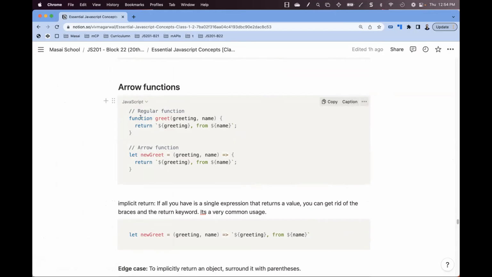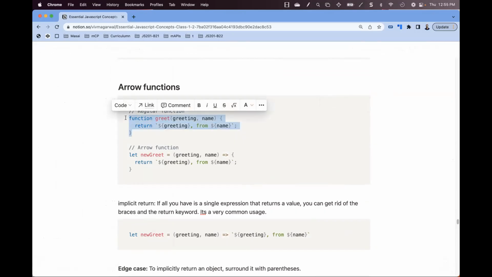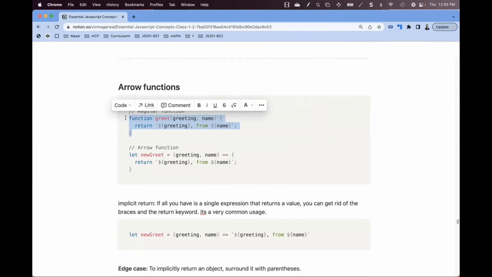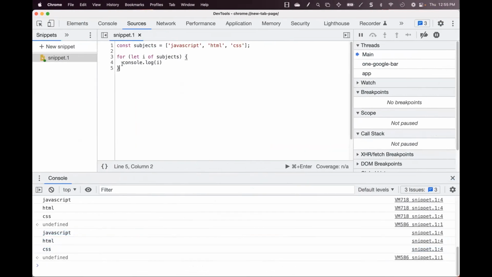So arrow functions, let me give you a very quick refresher on arrow functions. So first, let me write a regular function, a function expression. So let greet, okay, for example,